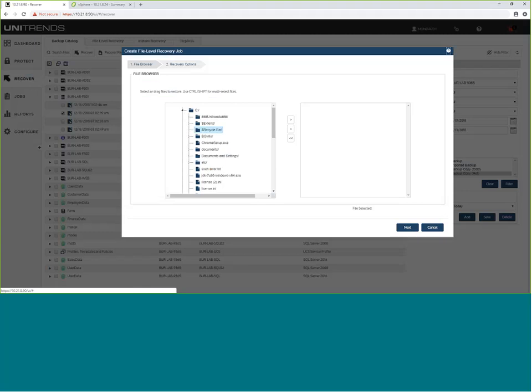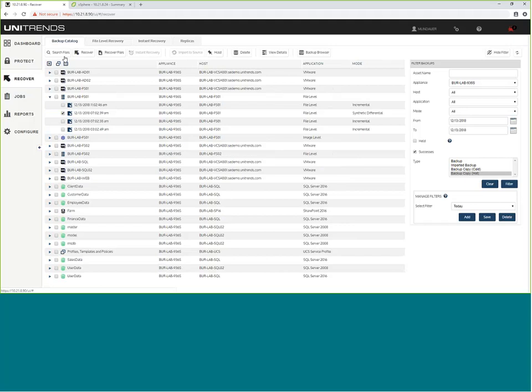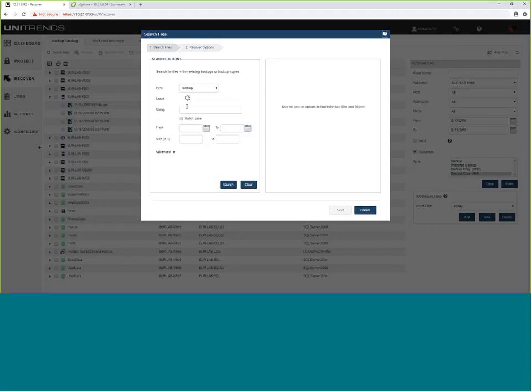Now, with our agent, we also have the ability to do searches because our agent has indexed those machines, so we're able to go in and select the machine we're trying to recover a file from and say the CEO is like, I lost that PDF and I forget what it was called or where it was located. You don't need to go through the directory tree. You can actually just search based on file extension, based on date and size.